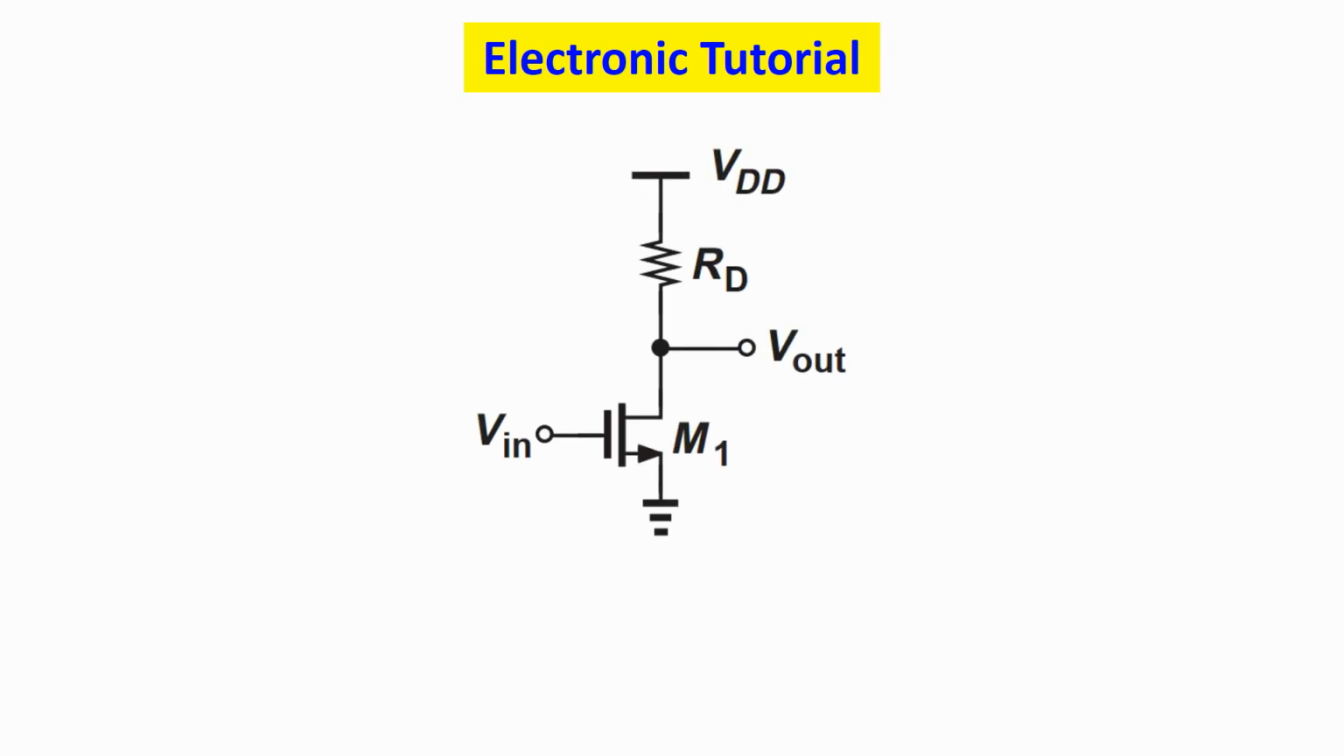This is Ehsan, and in today's video we're going to talk about the common source amplifier. In this amplifier, the input signal is applied to the gate and the output is taken from the drain of this device. We're going to calculate the gain of this amplifier and how we can extract it from the small signal model,